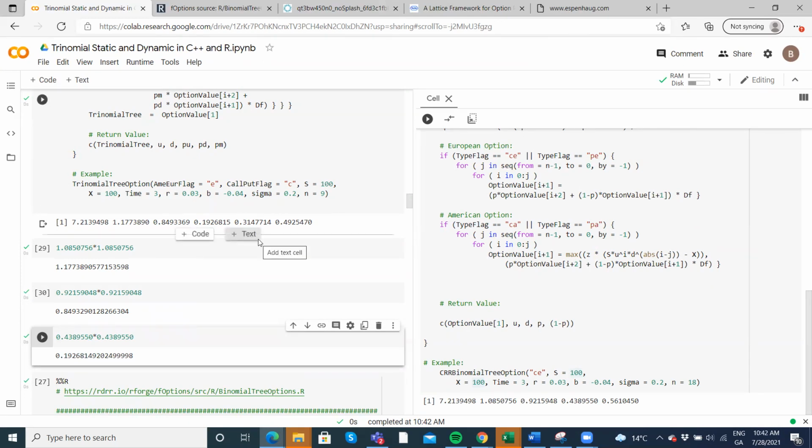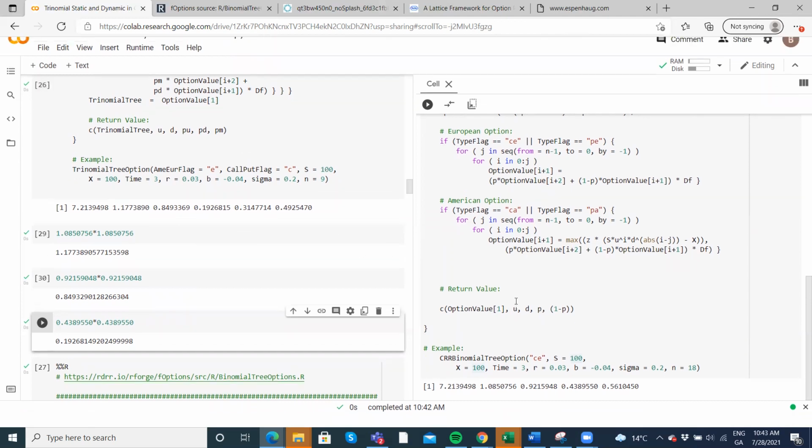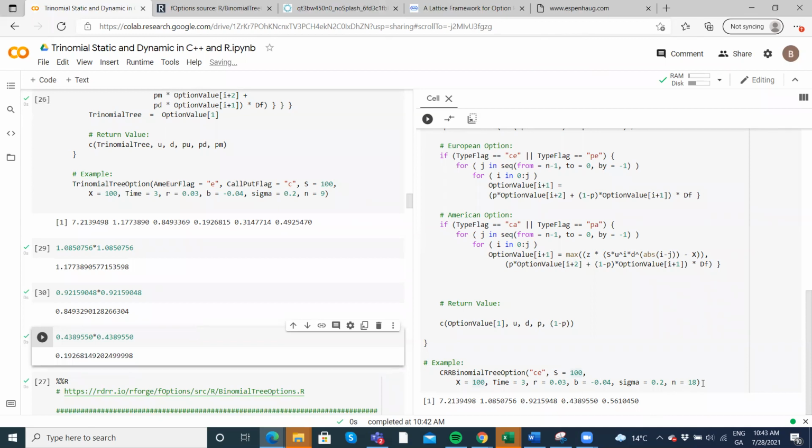So you can see we've been able to describe the equivalence between the trinomial model and the binomial model. And when you're estimating a European option, it's very simple to replicate the trinomial result with the binomial result. We just double the number of steps, right? So for instance, if we take for a moment,